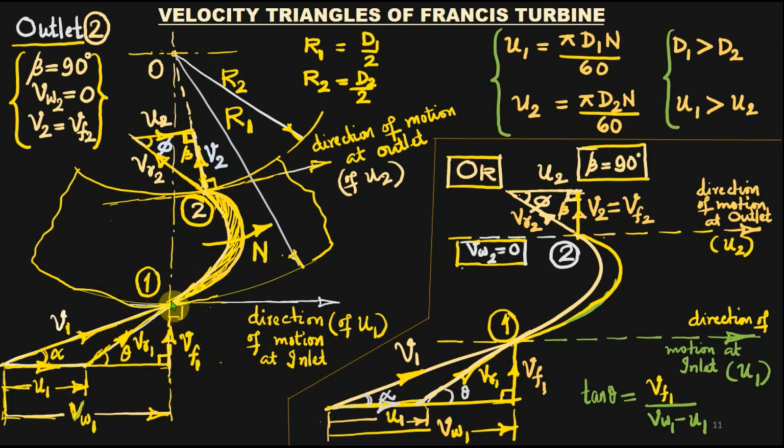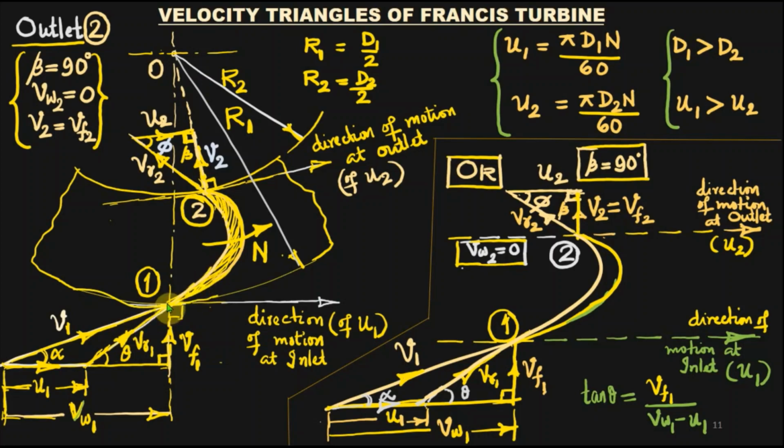You may be remembering the velocity triangle for the unsymmetrical vane, and in that case we have considered this type of velocity triangle. It is more or less the same. So the guide vanes will be directing water and guiding water so that it enters at the inlet tip, that is 1, without shock. For shockless entry, we know that the relative velocity must be tangential to the blade surface